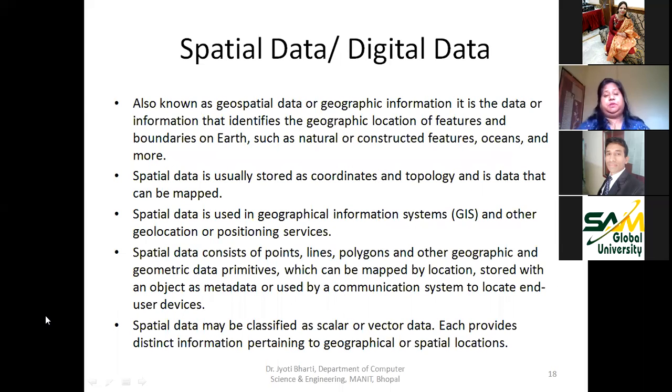Another type of data is spatial, or geospatial, data. It means we have to capture the data in a pictorial way, in the form of photographs. When it is a common photograph, a generalized photograph of the scenery, then it is an image. But when we talk about information about the land, it becomes geospatial data.